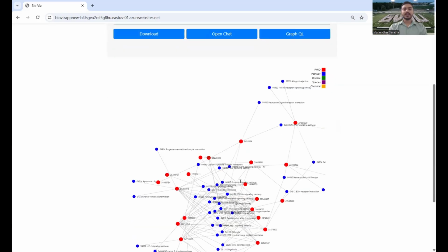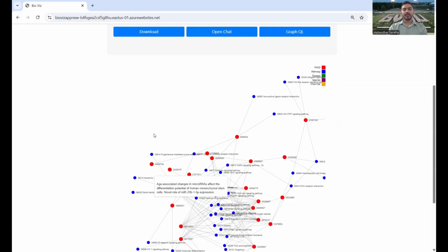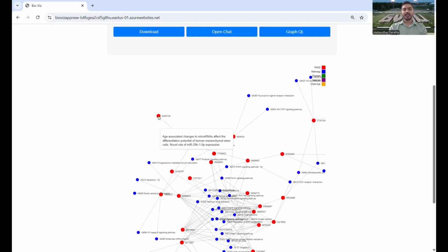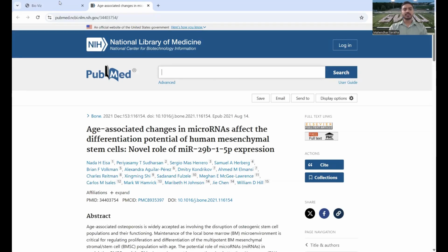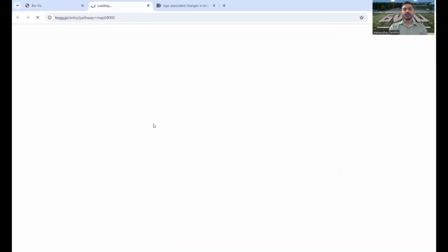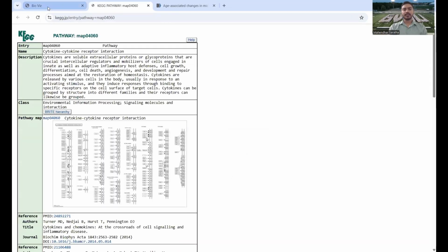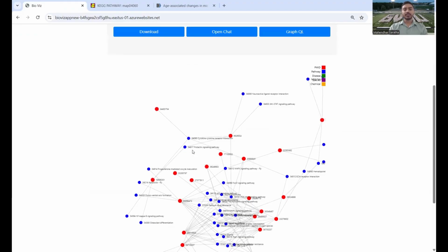Here you go. This is a visualization of all the PubMed abstracts. These are the abstracts. If you click on this dot, you will be redirected to the PubMed abstract, and you can click on the pathway. You will be redirected to metadata for that pathway from KEGG. And yeah, this is how it has given a visualization saying all these papers are interacting using these gene